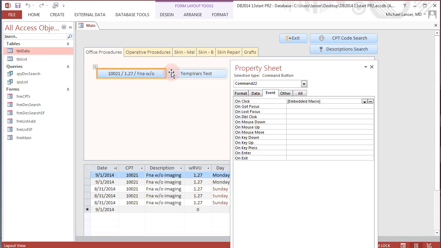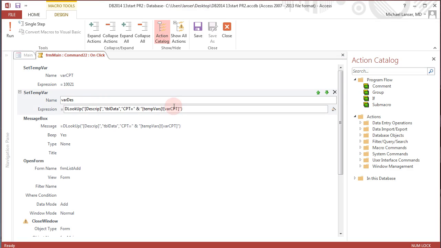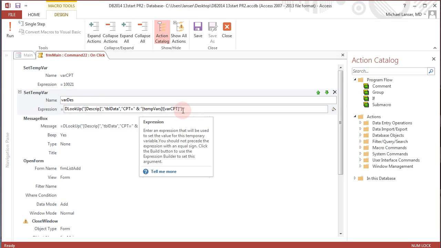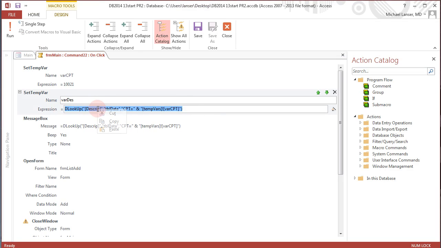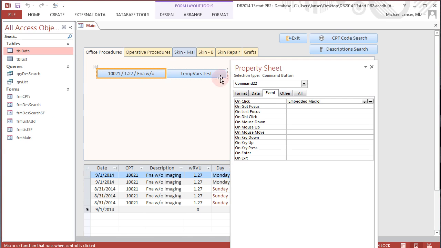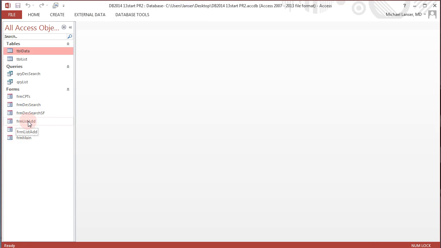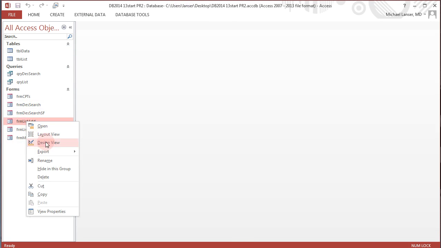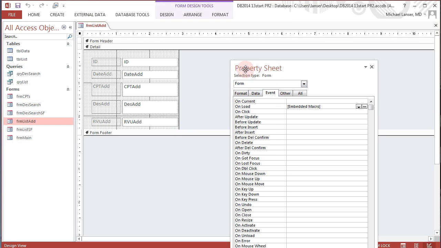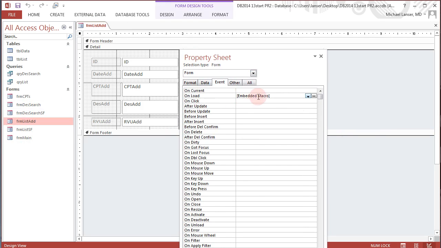Okay, so we'll go back to the layout view, back to our on-click embedded macro. And now that we have this set as our temporary variable, we can copy this, Control C, or right click and copy, save and close, and we can go now to, and we can save and close this, go to our FRM list and open it in design view, bring up our property sheet, go to the onload embedded macro,